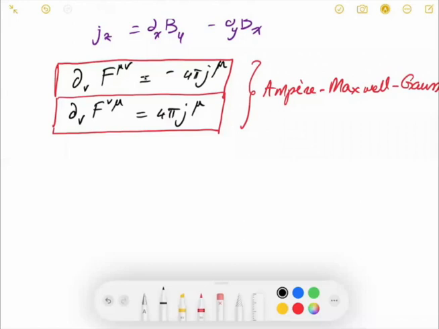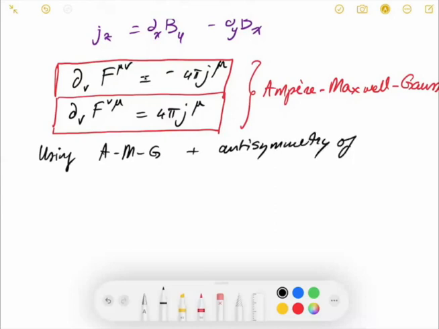Okay, so now your assignment is going to be the following: using Ampere, Maxwell, Gauss, plus the anti-symmetry of F mu nu, show that